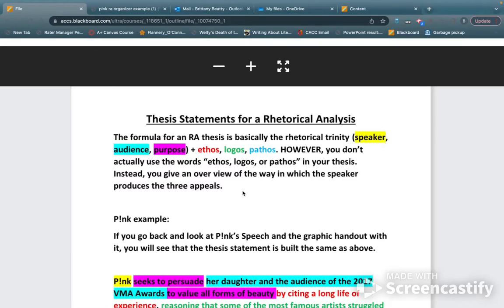Here's the biggest part: you do not actually use the words ethos, logos, and pathos in your thesis. Instead, you provide how the author is using ethos, logos, and pathos. Do not say ethos, logos, or pathos in your paper. If you do, you're going to get points taken off of the diction section of your rubric. So if I look back at